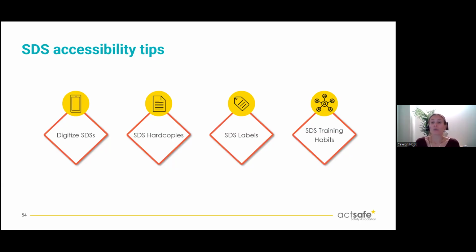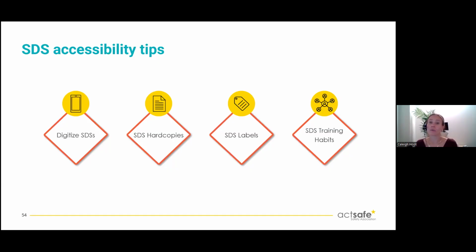It can be great for remote or fast moving sets or locations or stages, whatever that looks like, where paper copies just aren't easy to bring around all the time. But like I said, not everybody has a smartphone. So we want to have hard copies, and I like to call them print smarts. So we want to keep hard copies accessible. We want them near where the product's being used. So if we can have a laminated copy up on the wall beside a product that we use every single day that can tell us everything we need to know about it, how awesome would that be?